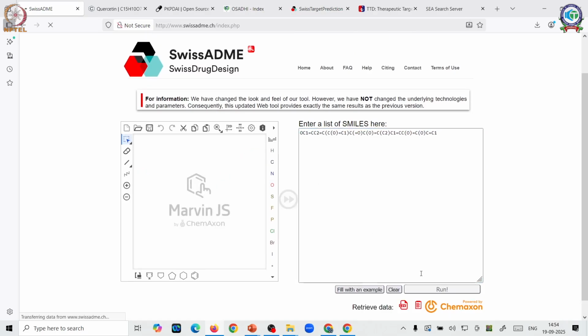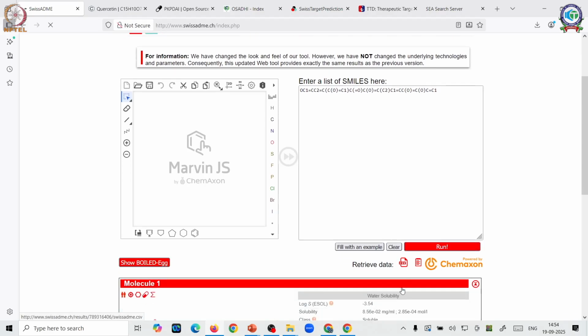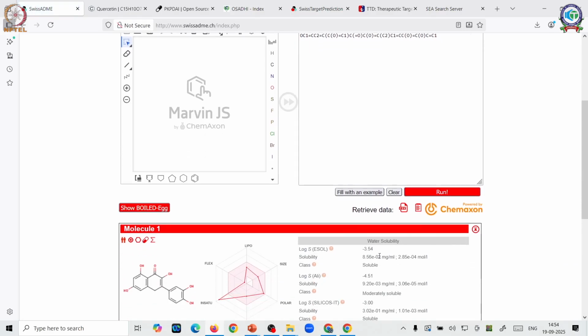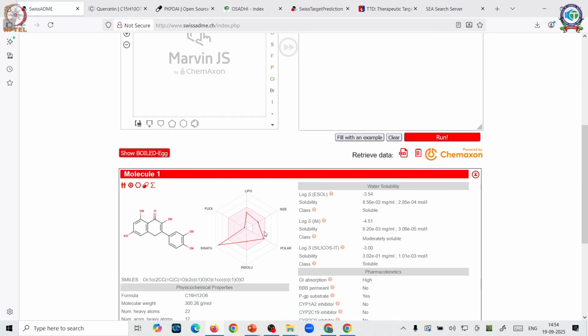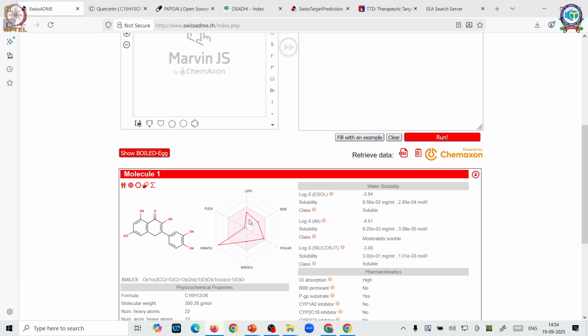Now, it is calculating and you can see a loading signal. Once that is done, you see a few properties. This is the spider chart, and the spider chart will tell you the possibility of druggability. For druggability, you see a little inner pink region.